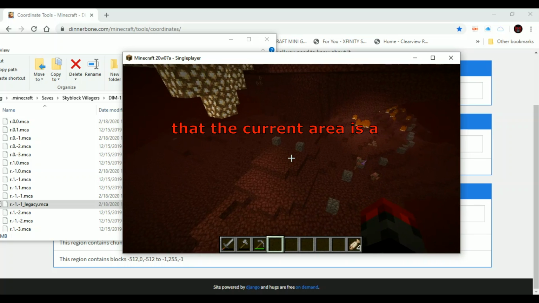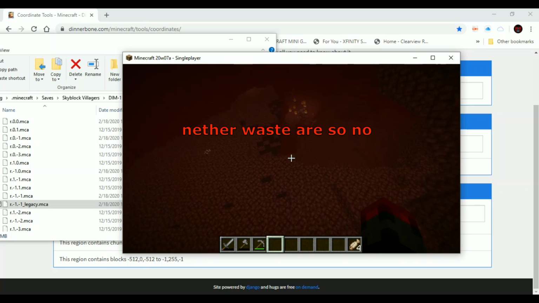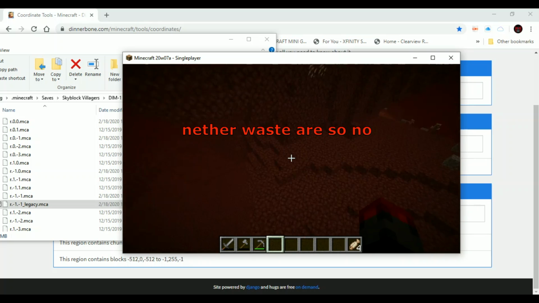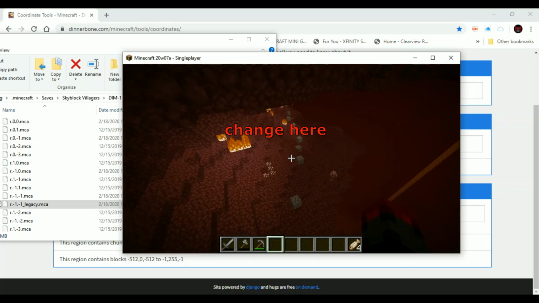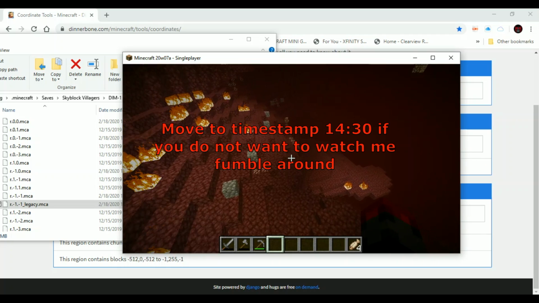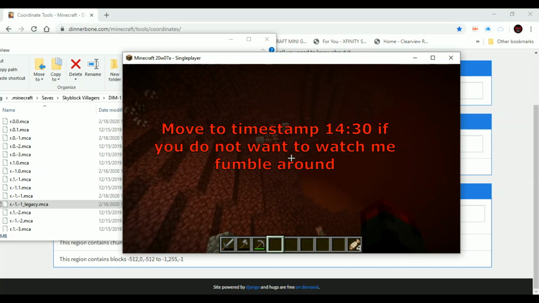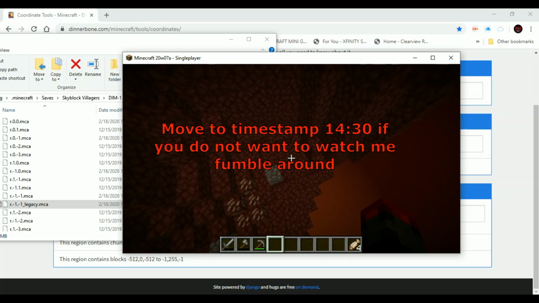And it was this way. You can see where the blocks disappeared. Doesn't look like we got the new Nether though, so I'm a little disappointed on that. But we can go to other places and try to find a new Nether. Let's follow these blocks a little bit into another area, and we'll see what we can do with this area here. All right, let's do F3,